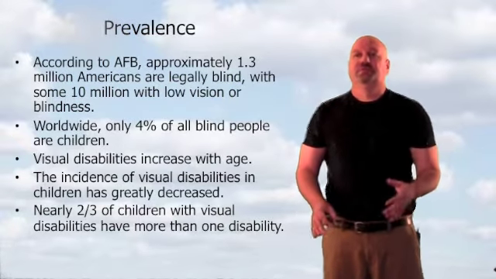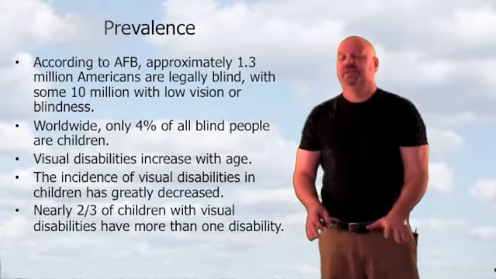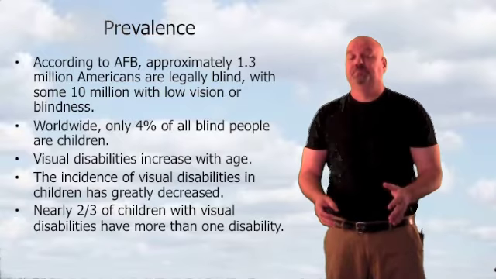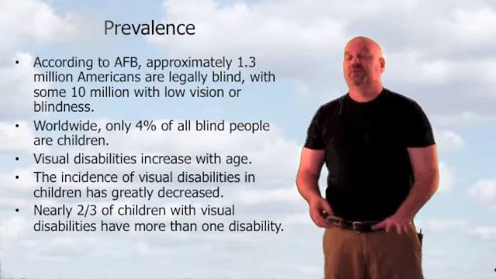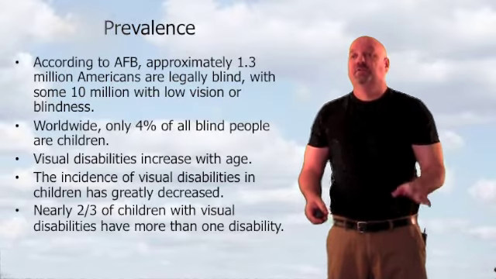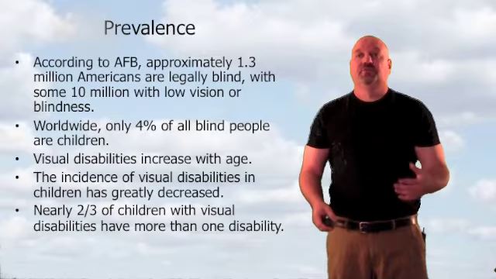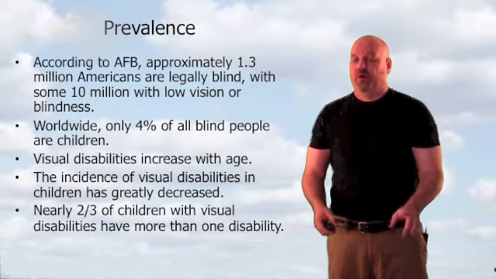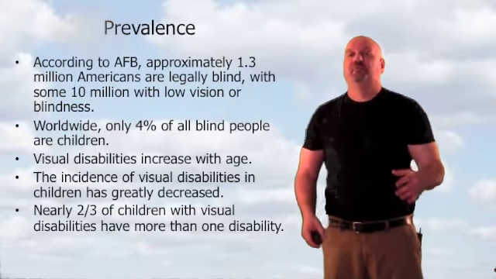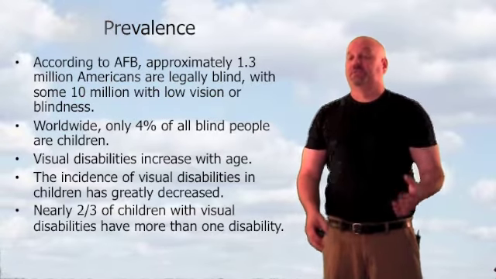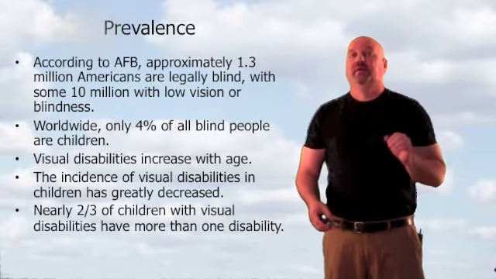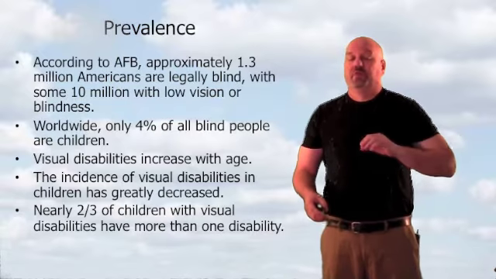And the incidence of visual disabilities in children has greatly decreased because we've gotten much better at early intervention. There's been a lot of medical breakthroughs and reduction of infectious diseases through vaccinations. But nearly 2/3 of all children with visual disabilities have more than one. So let me just start by saying many of these students will have multiple disabilities, which we will talk about in chapter 13. It will be very rare for you to have a child in your classroom where their only